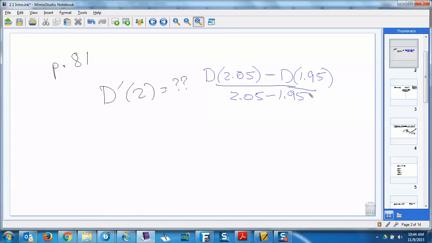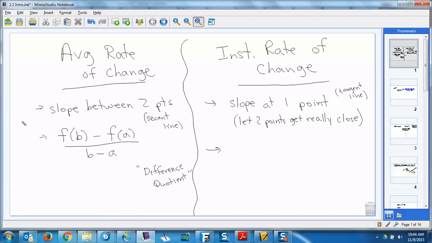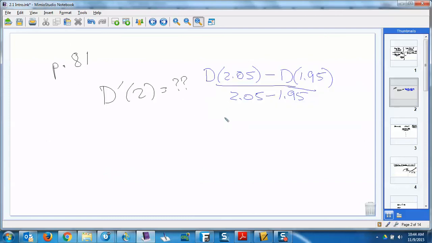So I always like to start with this. We go back to here. I always like to start writing my slope formula in function notation. Subtract the y's, subtract the x's. Now we can go to the table. What's D of 2.05? 83.54 minus